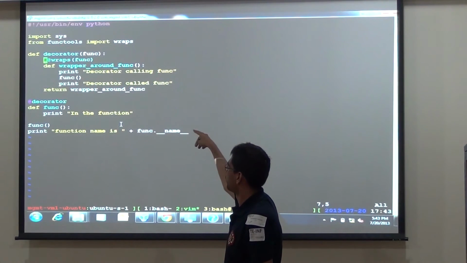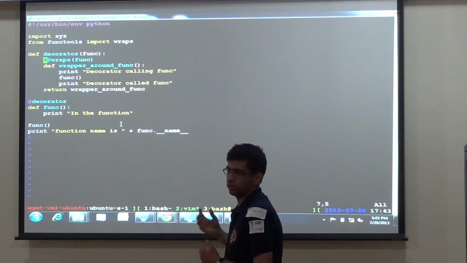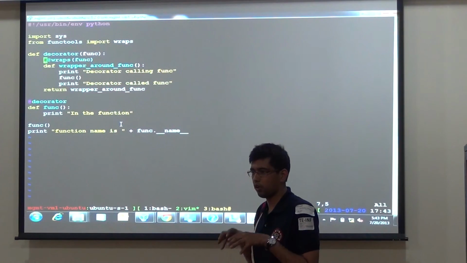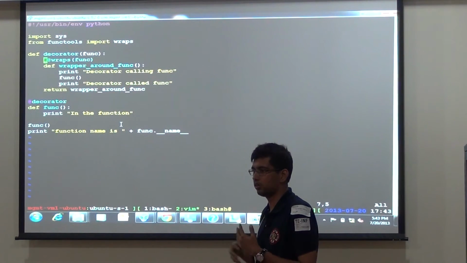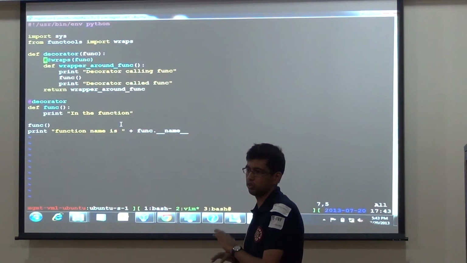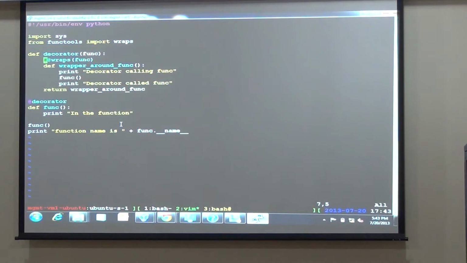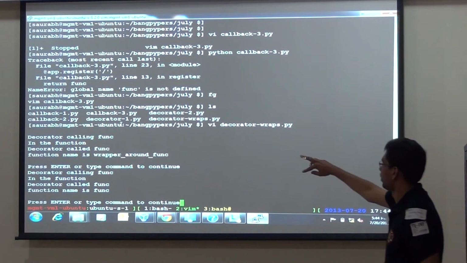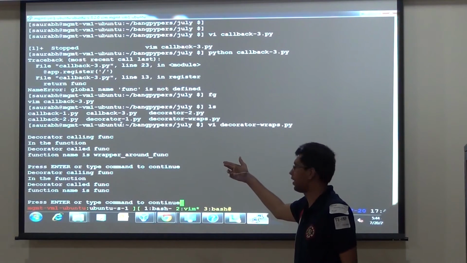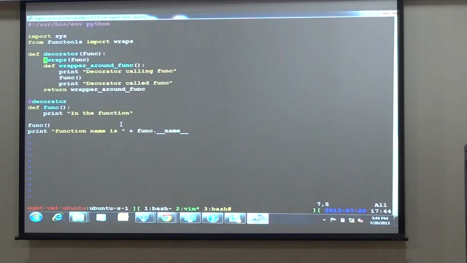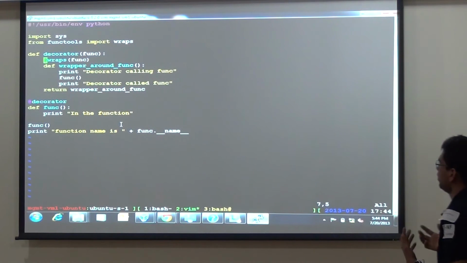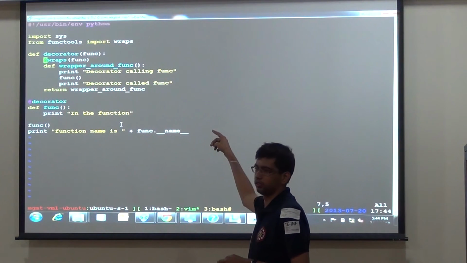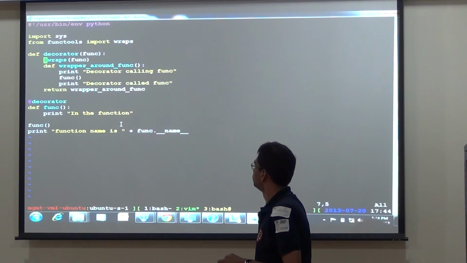Okay, so I commented that line out, the wraps function. The functools module has this functionality of wraps, and the main point of doing that is to preserve your wrapped function, its name, doc, those things should not be changed. So if I add this thing here and run this, I see function name is func instead of wrapper around func. So in a clean way, you should always be doing this. If you want a wrapper, then you use a decorator, but the function that you are going to wrap, wrap it over with wraps. Okay? Cool.